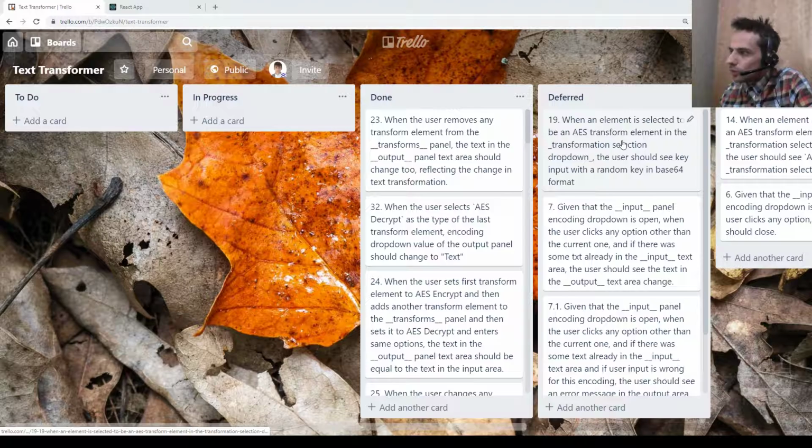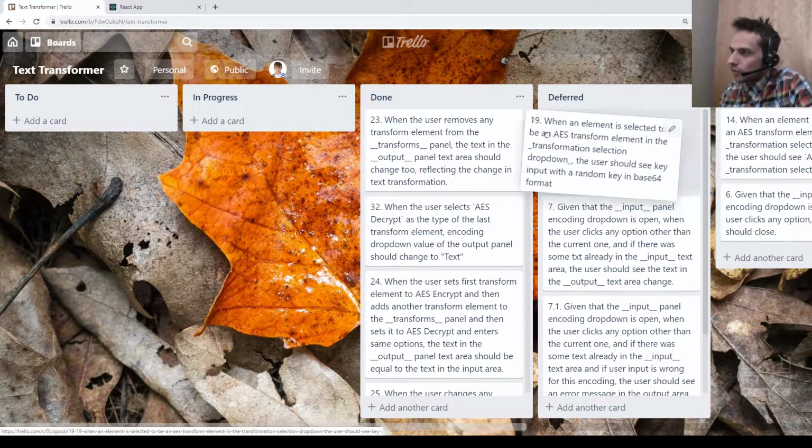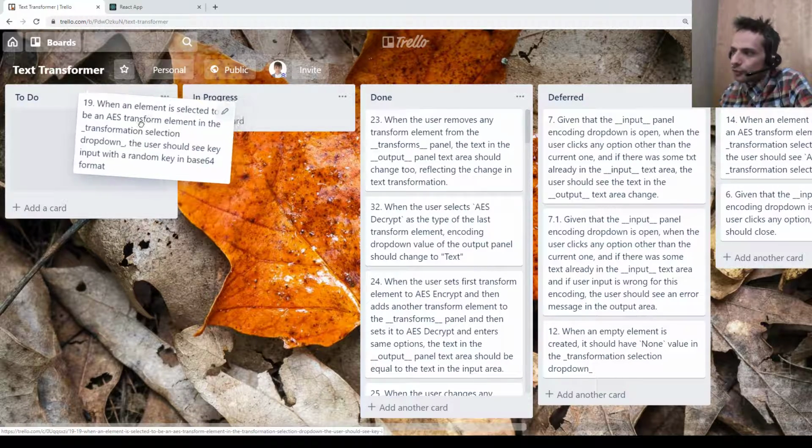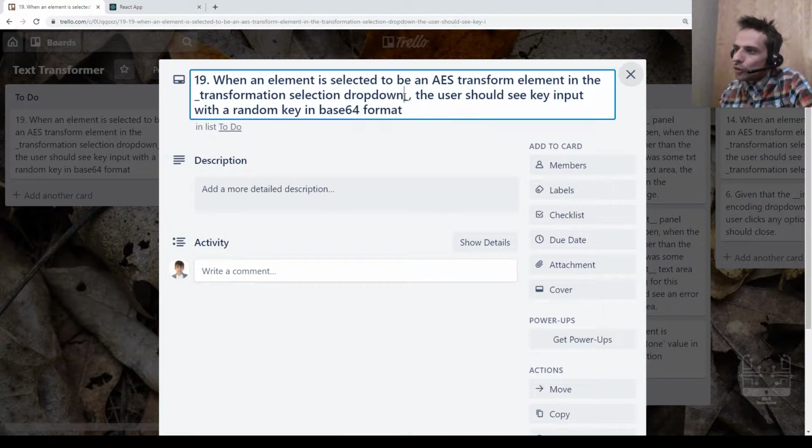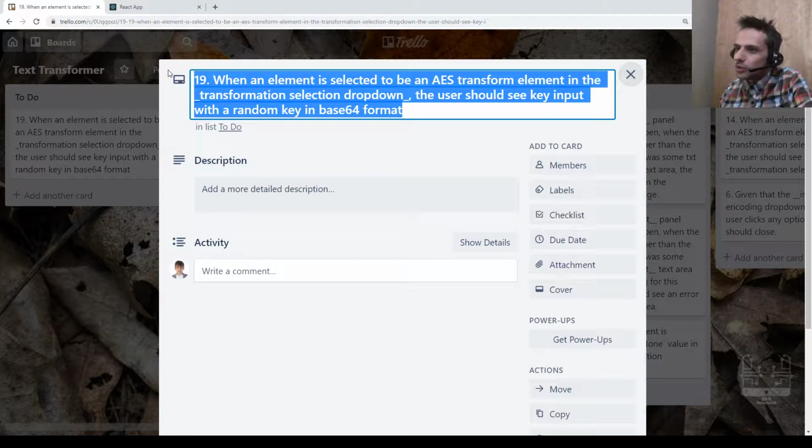For now, let me check what I can. So, deferred tickets. Let's check ticket 19: when an element is selected to be an AES transform element in the transformation selection drop down, the user should see key input with a random key in base64 format.